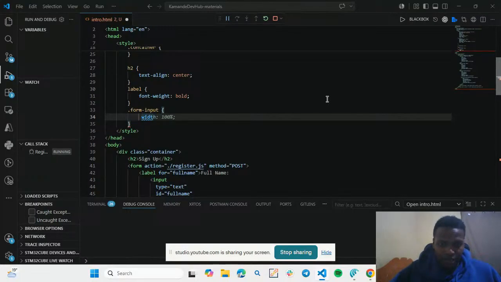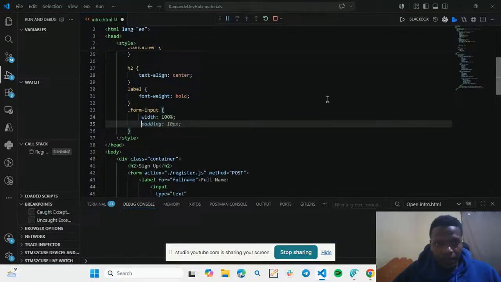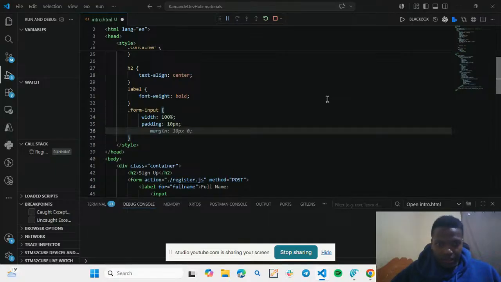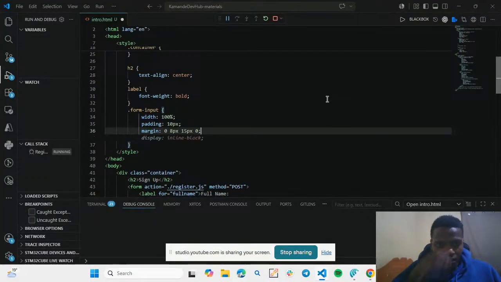So we give it a width of 100%, and then a padding of 10 pixels, and then we give it a margin of 0.8 pixels and 15, 0, and